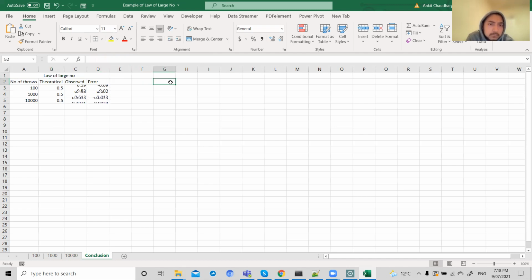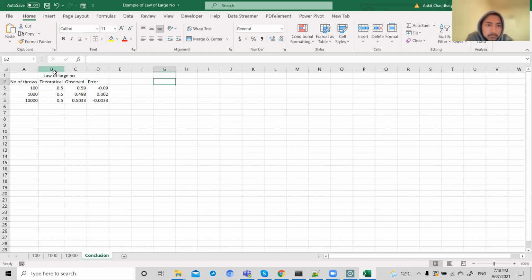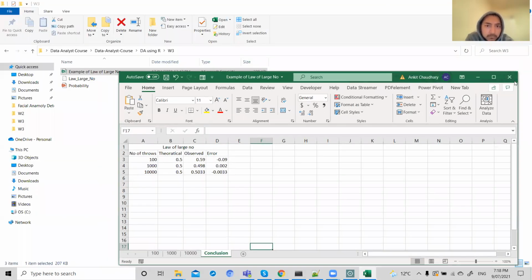So the theoretical value becomes equal to the observed value. The result is changing because the numbers are random; here we have taken random numbers, so the numbers are changing. So the theoretical value becomes equal to the observed value as the number of samples increases, right? So if we do this in R,